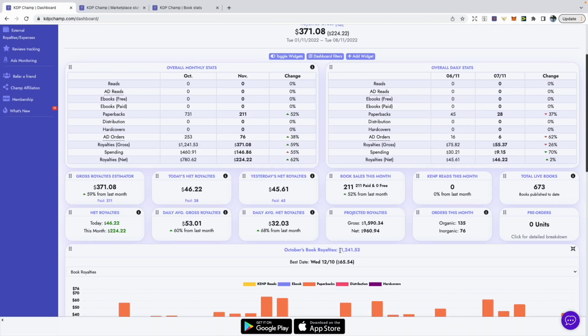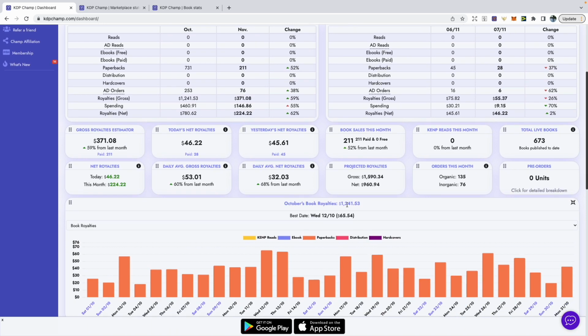So for the month of October, my royalties were $1,241.53. Now I'm pleased to finally cross the $1,000 mark again, as I wasn't able to in Q3. So it's all looking positive for November and December. And just taking a look at the bar chart, you can see actually that my largest day was on the 12th of October, and I did $65.64,